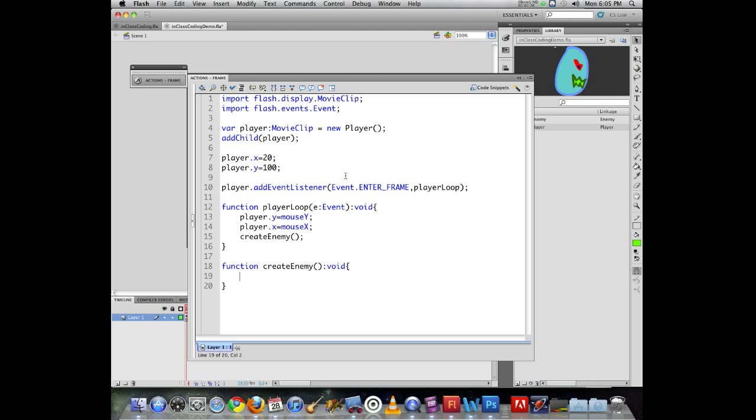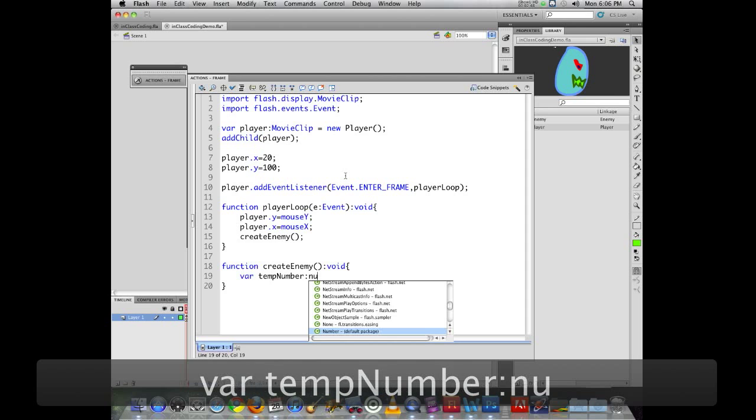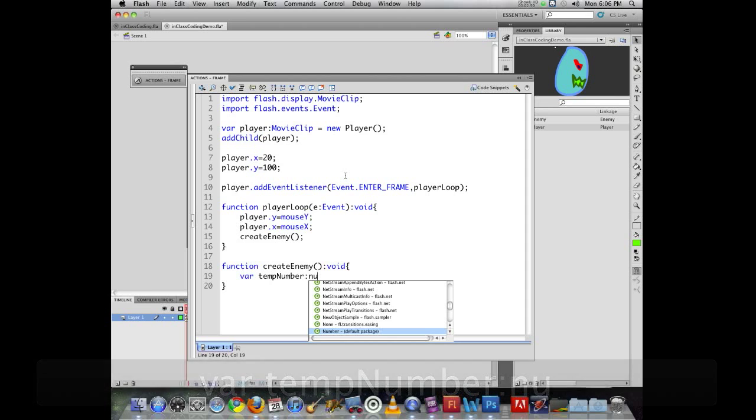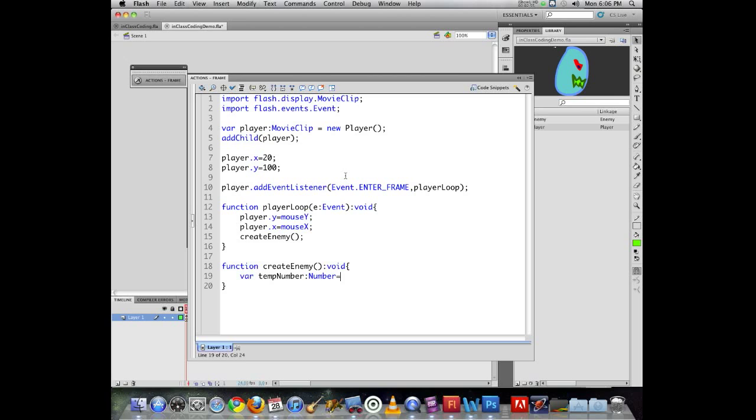So what we're going to do right now is still keep it more human readable and then progressively optimize it so it becomes a little more efficient. So we can just create a temporary variable and say var temp number, type number, is equal to. Now I want to create a random number,